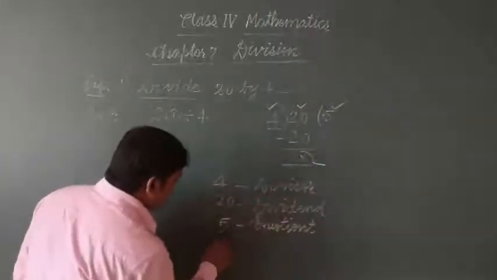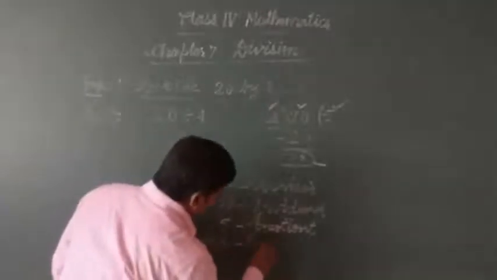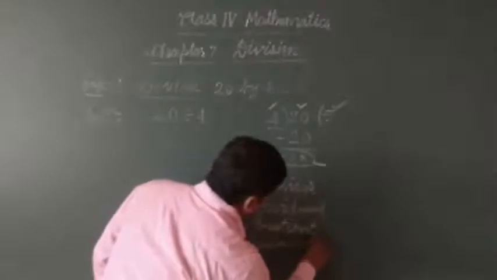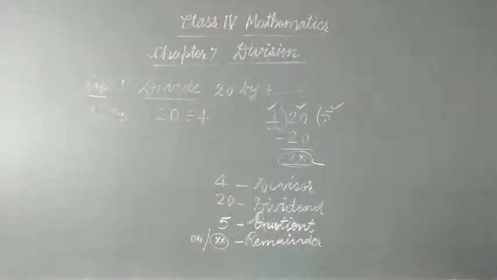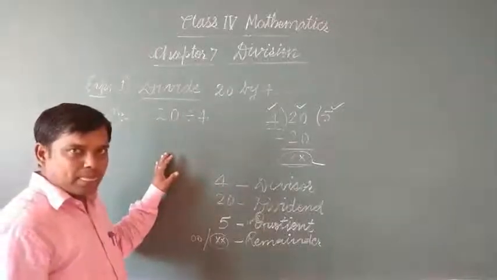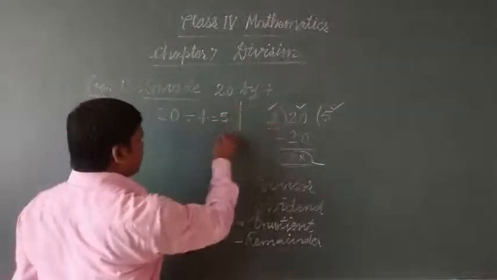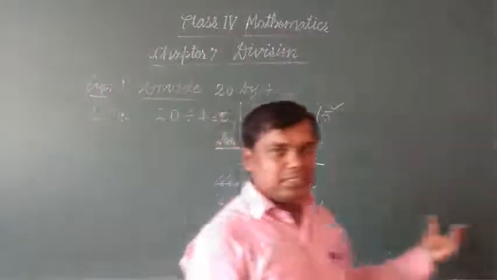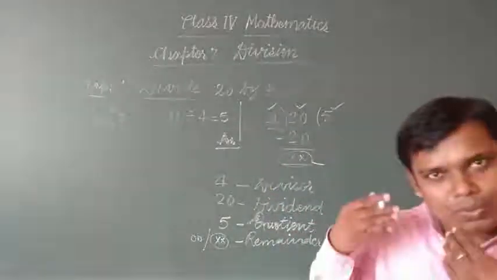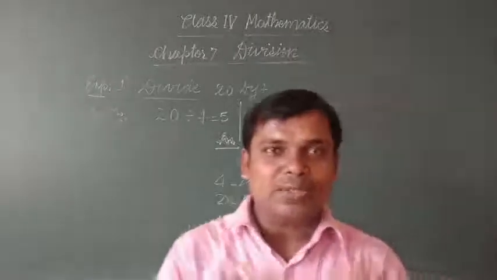So the cross I have written, or you can write 0 at the place also, and this is called the remainder. It means in this case we got remainder 0. So these are the terms which are involved in the division of numbers. It means you can directly write here 5. 20 divided by 4 is equal to 5. Answer. So whenever this kind of division will come, you will divide like this. I know you know it very well. Even then it is given here, so I am making you understand.